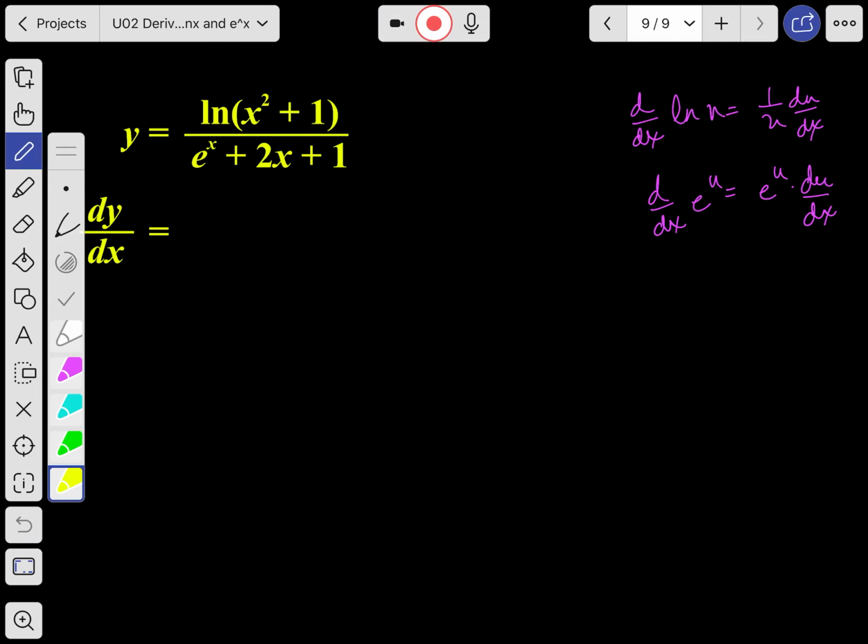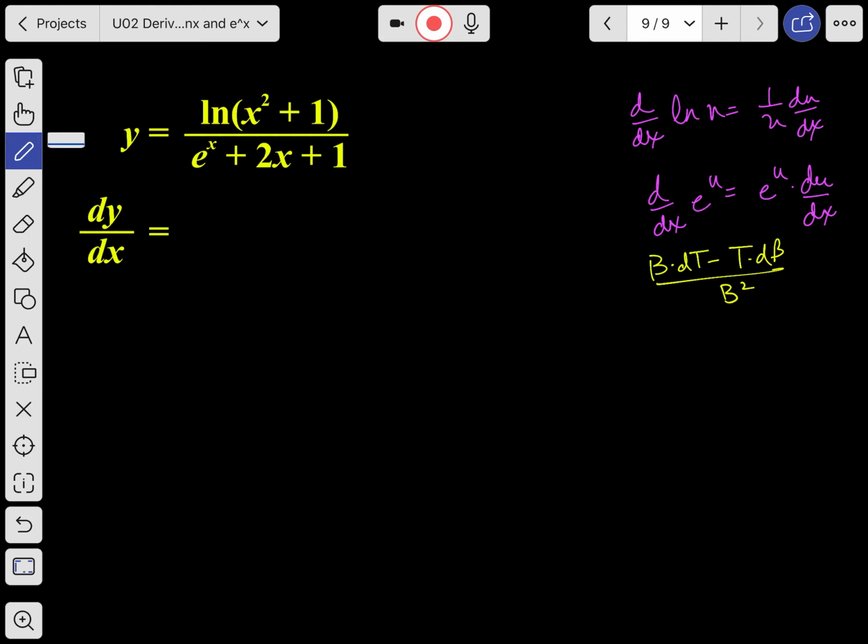Okay, one last example. Wow, a lot going on here. We got the quotient rule, we got natural log, and we got e to the x. So I didn't write my quotient rule. Bottom times derivative of the top minus top times derivative of the bottom over bottom squared. Okay, we have a lot going on here. Okay, let's do it. Bottom times derivative of the top. Okay, this is our u. So that's going to be 1 over the u value